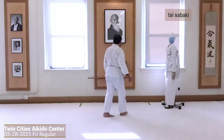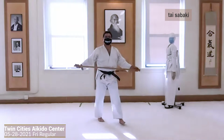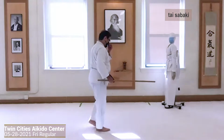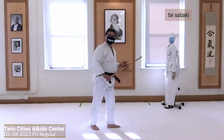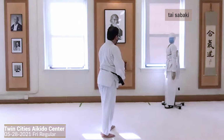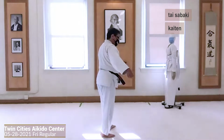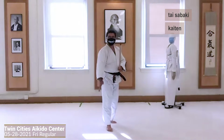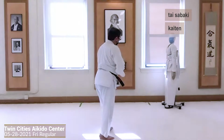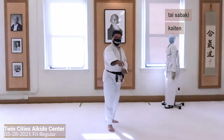Let's go ahead and grab our jos to work on tai sabaki again, body movement. Again, we'll just do 6, that way we can get through all of them for this evening. So here, kaiten, pivot. I come here, draw the full length of the jo, look behind me, right foot, right hand in front. If I do it again, I'm here, left hand, left foot in front. And each,